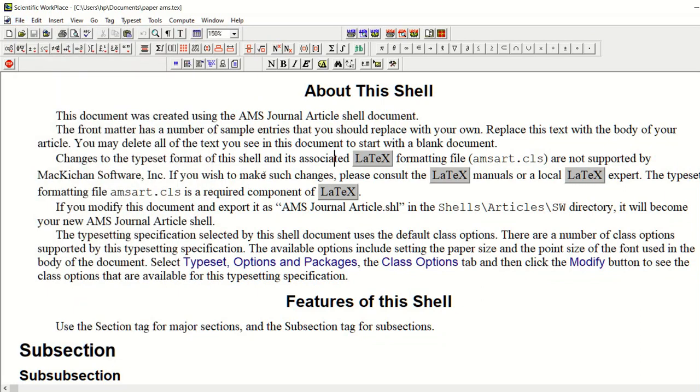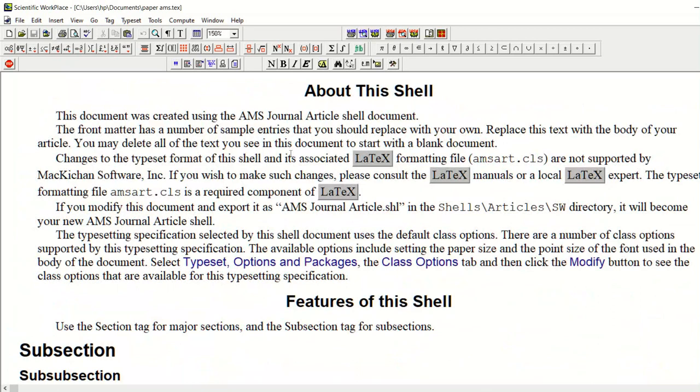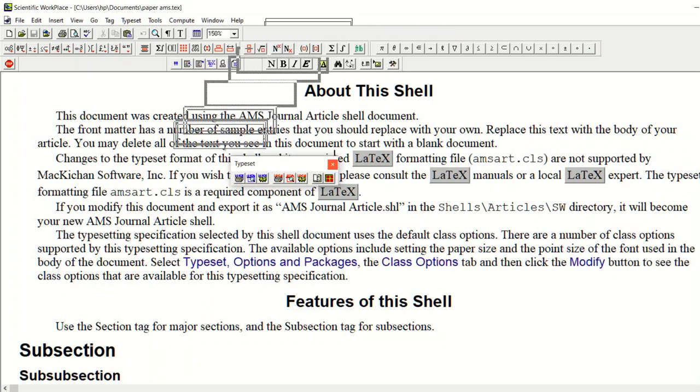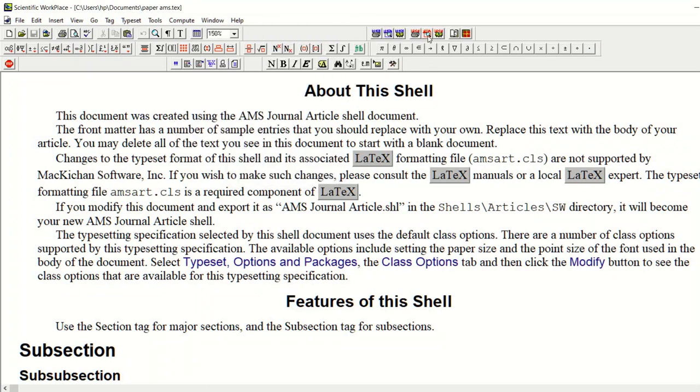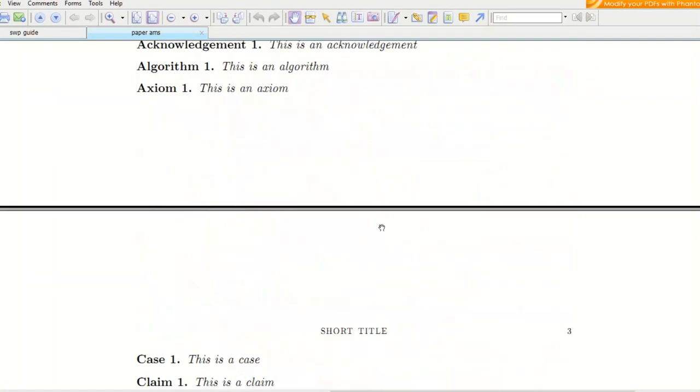We see our research paper or thesis in this format, and it is necessary to convert this format into PDF format. For this we use the typeset menu. I have already told you that we click on this typeset PDF preview button to convert this file into PDF format. As you see, when we press this button we see the PDF format of the scientific workplace file.